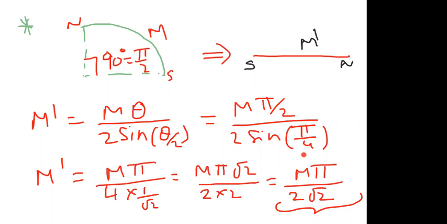So in today's class, I discussed the conversion from a straight magnet to arc form, and again from arc form to straight magnet. Any doubts related to this topic? You can ask me and clear your doubts. I hope everyone is clear with this idea of how to convert arc form to straight magnet and straight to arc.